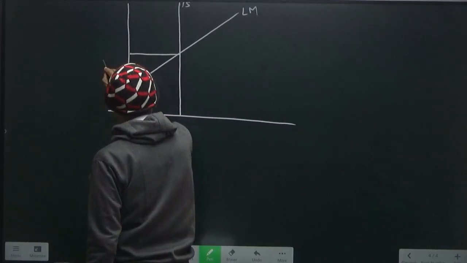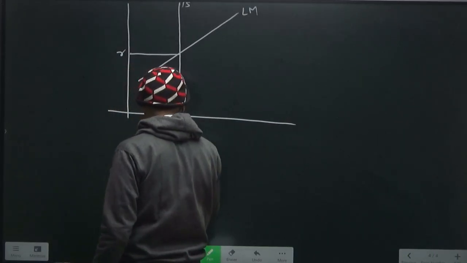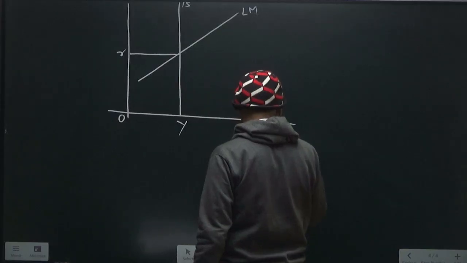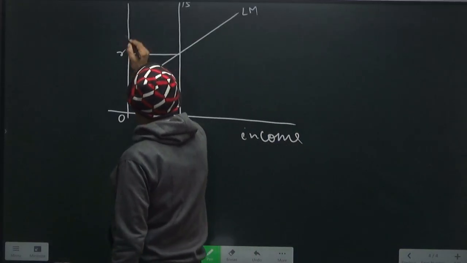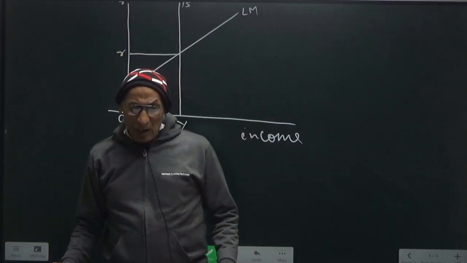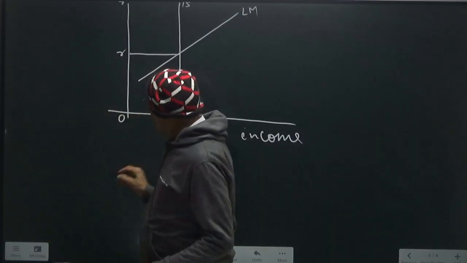This is the interest rate R and this is income. Here you see the interest rate. Okay. Now, in the first part you have to show